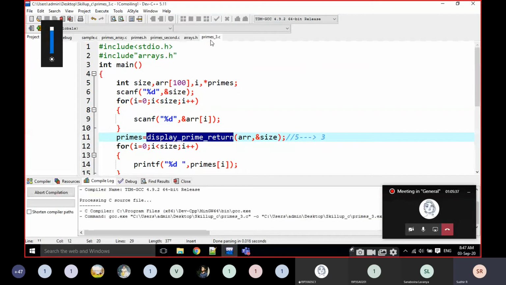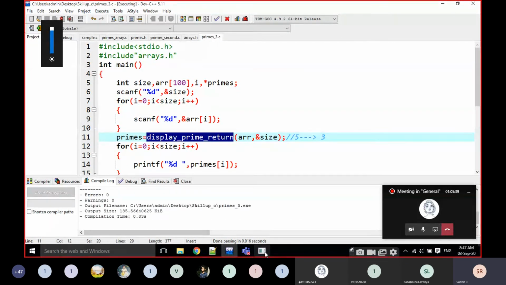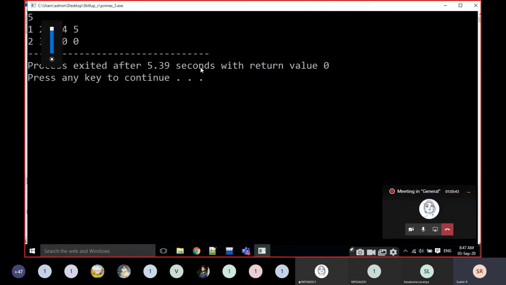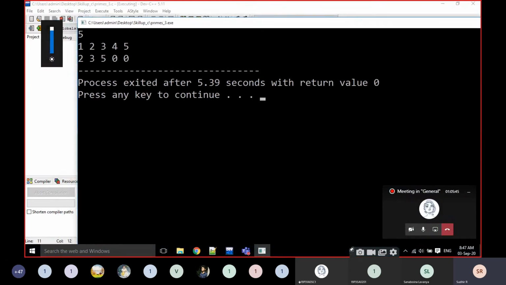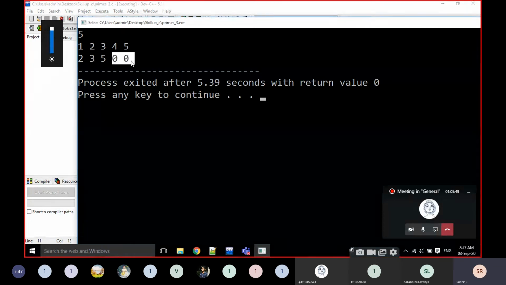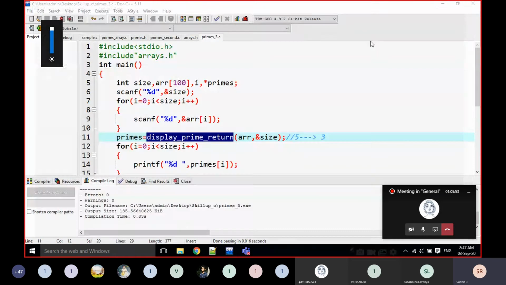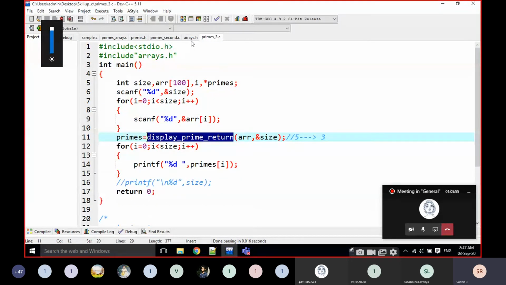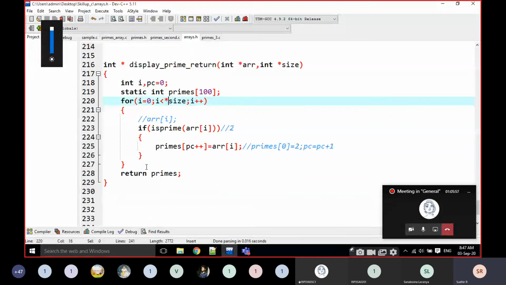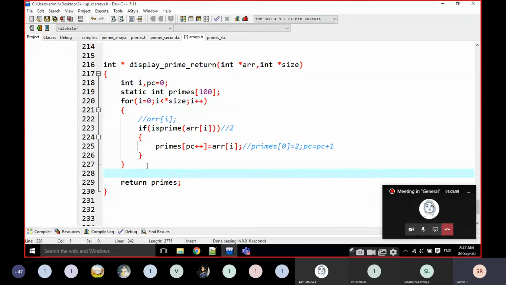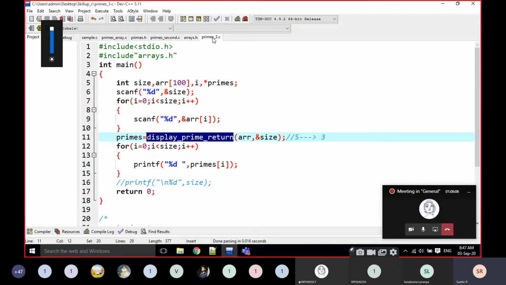For example, if I execute it, are there any errors? No errors. I will explain. Just wait. 1 enter, 2 enter, 3 enter, 4 enter, 5. Look at the output. The output is okay, but it added 2 more zeros, right? That means very simply we have to modify it here. Star size is equal to PC. That's it.